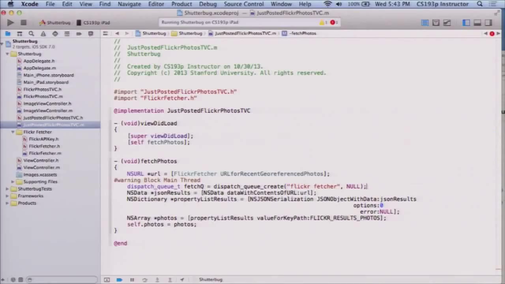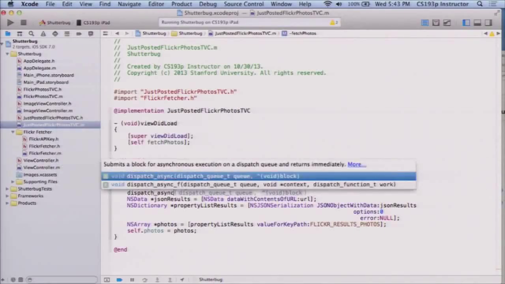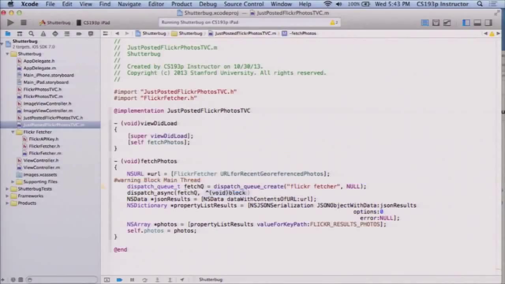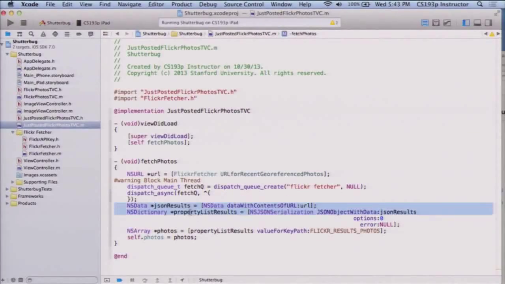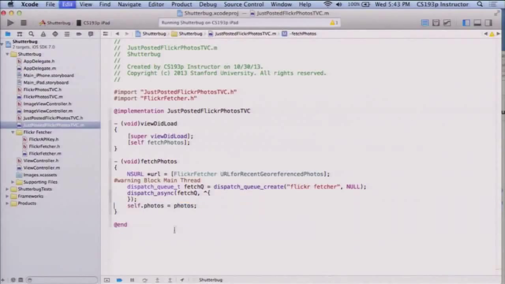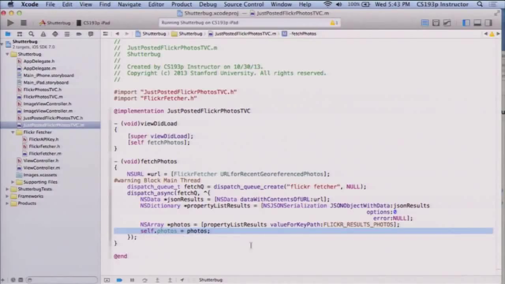Okay, brand new queue. And now that I have my own queue, I'm just going to dispatch async onto that queue a block. And that block is just going to have this blocking stuff in it. Okay, all this stuff here. But self.photos, okay, which does need to be in here, unfortunately this is going to do stuff that's in the UI, so it needs to be dispatched back to